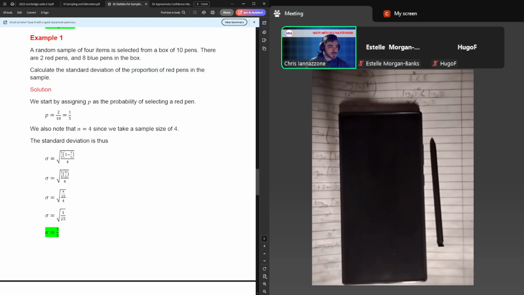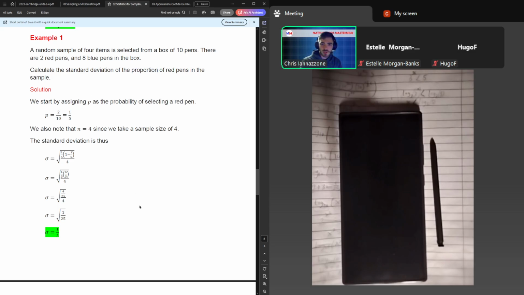So it says proportion. The keyword proportion means that you are thinking about things in the p hat, the sample proportion way, versus thinking about it in terms of the binomial or discrete way. That keyword really matters a lot, because standard deviation for discrete is calculated slightly differently to calculating it for proportion. The reason is that standard deviation is always a measure of spread. If you're doing it in the discrete way, you're measuring the spread of actual numbers of things, whereas if you do it in the sampling and estimation way, you're measuring the spread of proportions,